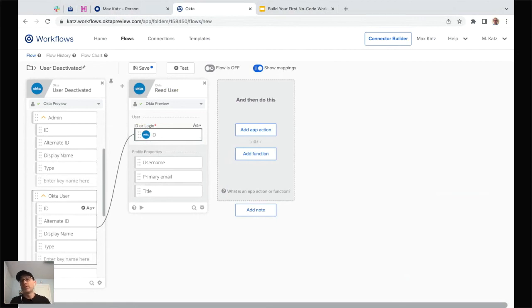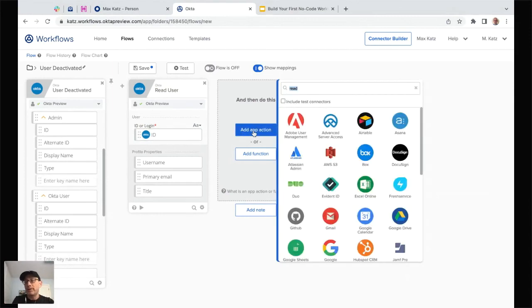All right. And now, next, we want to make a call to a third-party API. So why would you want to do that? Well, let's say the user is leaving the company, and then you want to perhaps make an API call to a third-party service to cancel their subscription, right? So that would be one example. Now, you will want to make a call,